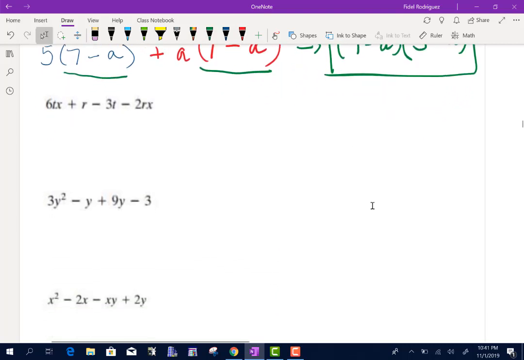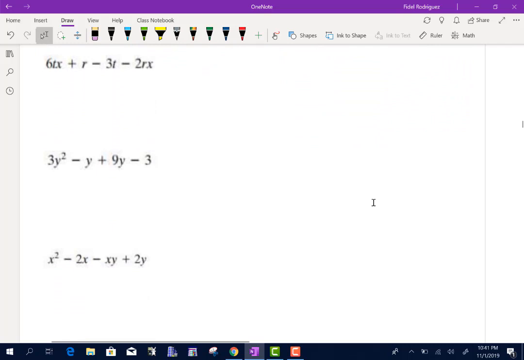Alright. So, guys, in the next problem that I have here, the first thing I notice is I have different letters: T, X, R, and T and RX. You don't have a whole lot of problems like this in your homework, but I think you might have one, maybe two. The idea here is we're going to actually have to rewrite this. The way I know I'm going to have to rewrite this is if I take a look, I have a T and an X, I have a T and an R and an X